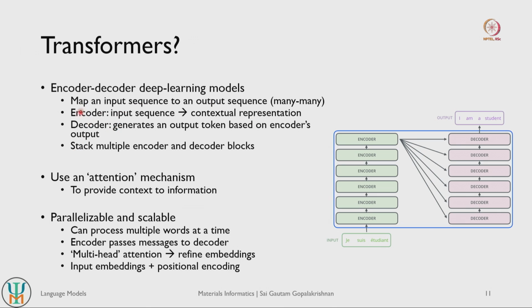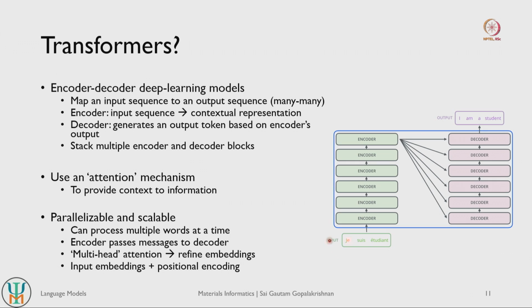The decoder basically tries to decode whatever information the encoder gives it. So it tries to generate an output token, an output word, based on whatever representation the encoder is giving it, right. And transformers typically stack multiple encoders and multiple decoders, and you can have each encoder here passing on its output to all or one of these decoders, right. So that is also possible, and this is one way of passing information from encoding to decoding, right. So you typically stack multiple encoders and then multiple decoders.